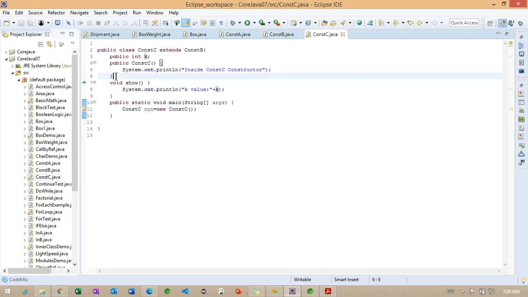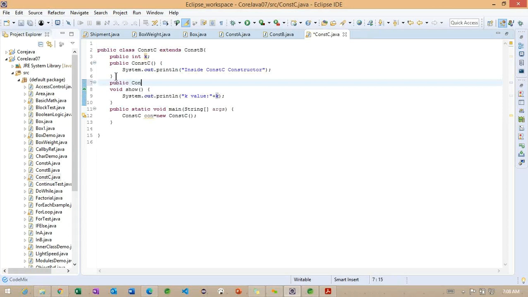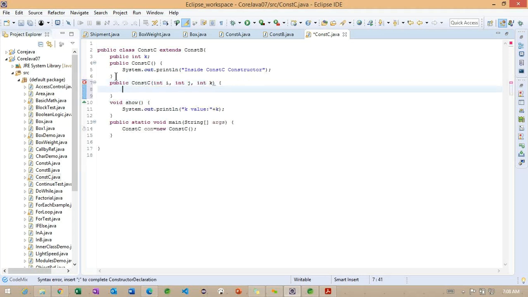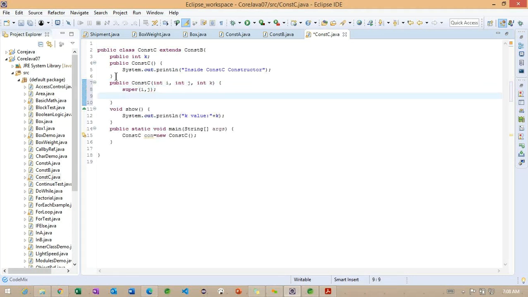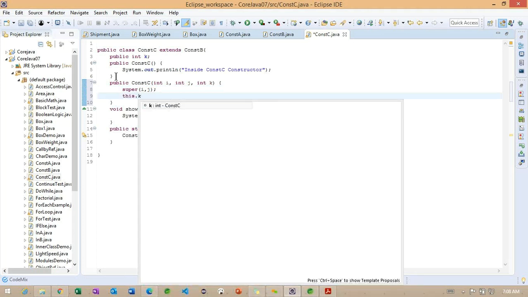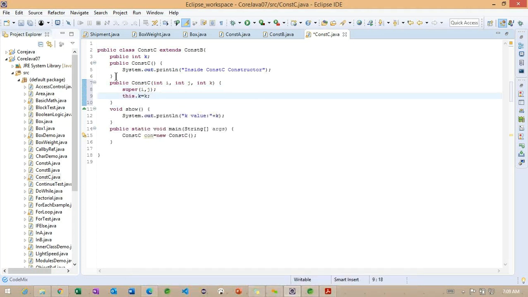Inside this particular constructor, constructor C, I'm going to add int i, int j, int k. So we'll call i, j. Right. this.k is equal to k. Getting the point? So this is the way we are going to work with one more constructor, and